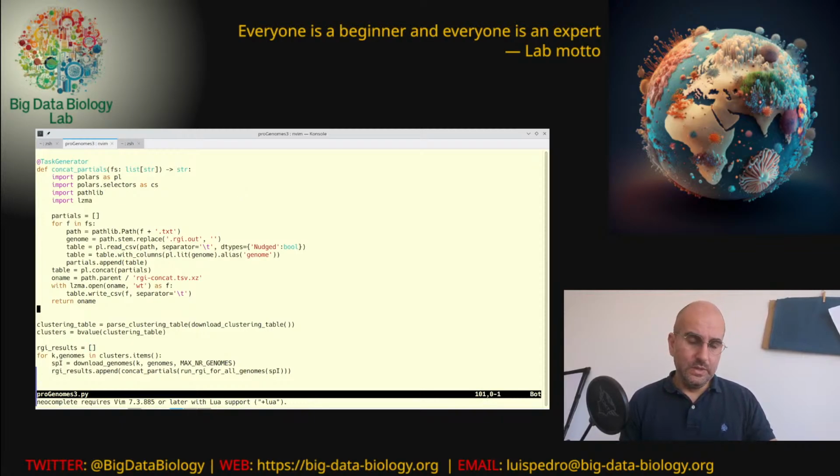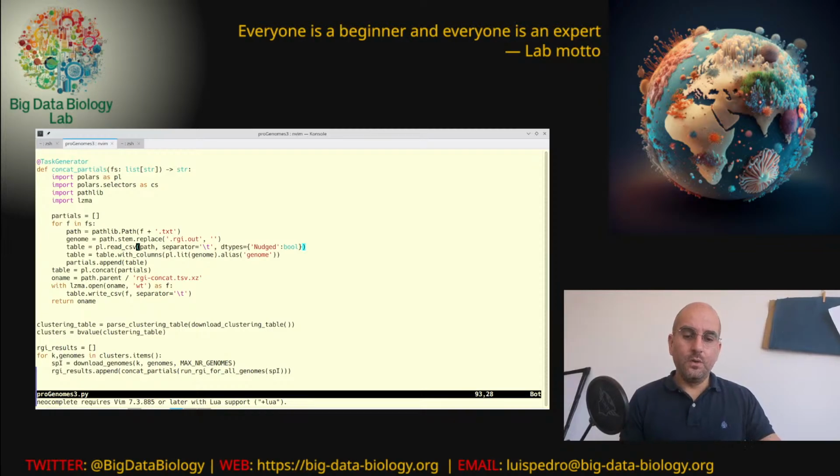In this case, there's this column called nudged, and nudged is a Boolean column, except that for the most part it's empty, so it's an NA or NaN or None column, and in some cases it's completely empty.